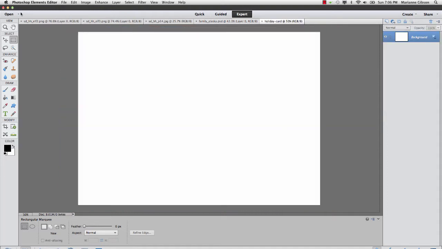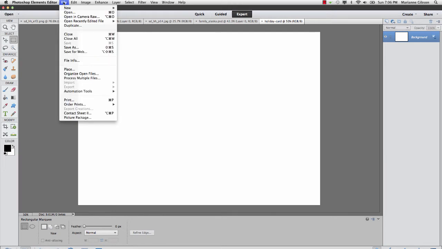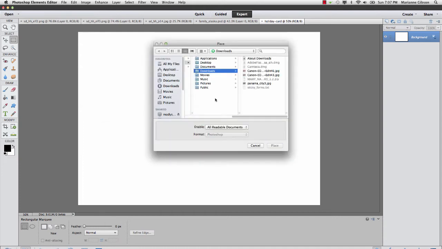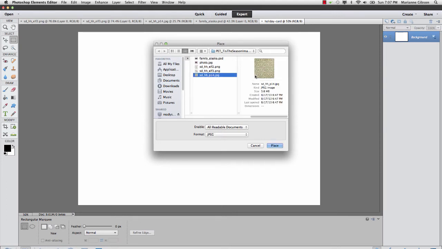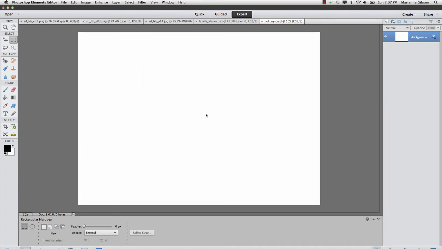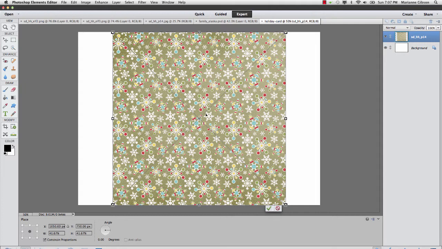I'm on step 5. It says place a background paper from your DigiKit into your blank layout. We're going to select File, Place. I'm going to go to my desktop. And it's telling me that the paper that I'm looking for is this one, and I'm going to say Place. It tells me to hit the green check mark